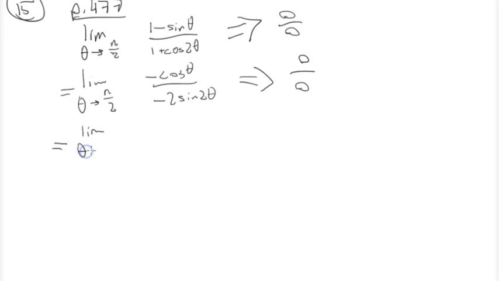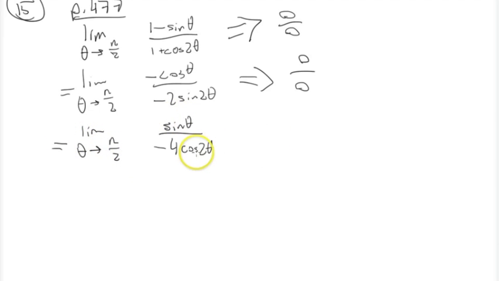So we'll get the limit as theta approaches pi over 2. The derivative of cosine is negative sine, so a negative and a negative is a positive, so that's sine theta over... And now the derivative of sine is cosine, but we've got a negative, and we'll have to take out the 2, so that'll be negative 4 cosine 2 theta. Now, when we plug in for pi over 2, sine of pi over 2 is 1, so